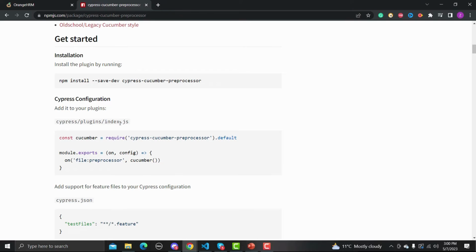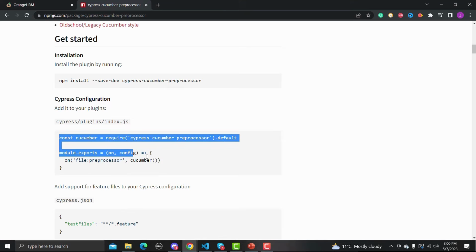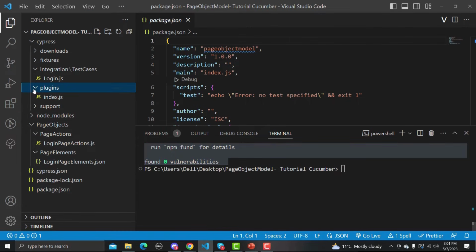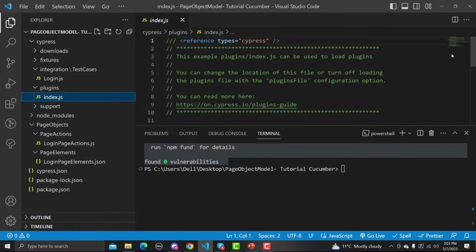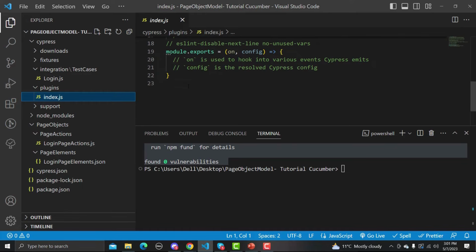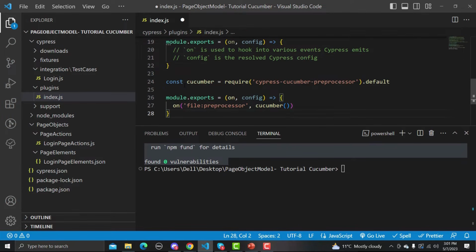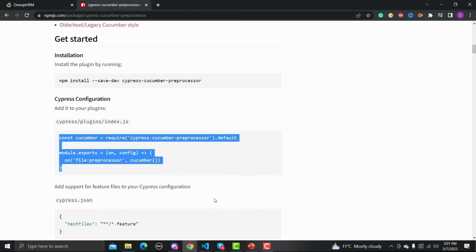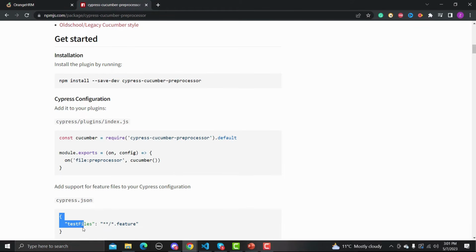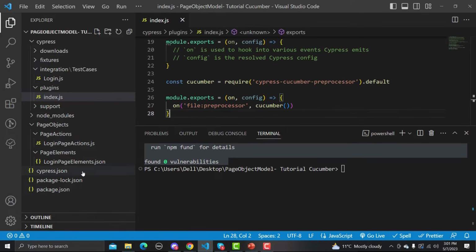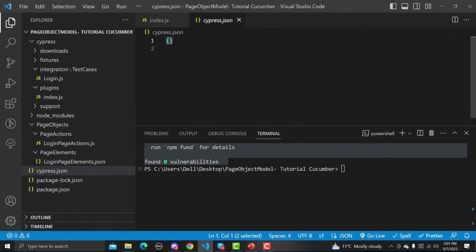So in Cypress plugin index.js, we need to add this one. So let me copy this one from here, and in plugins index.js, let's scroll down here and let me add it here. Save this file. Now go back to the further instructions in Cypress JSON. Let me copy this one, and now go back here to Cypress JSON. Let me add it here and save this one.